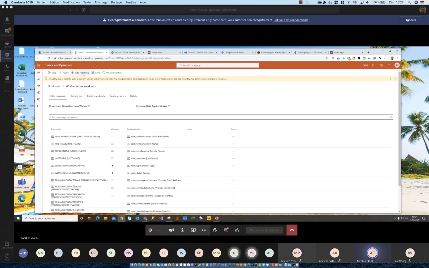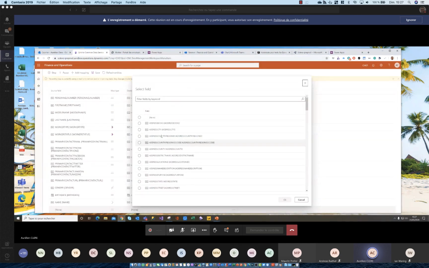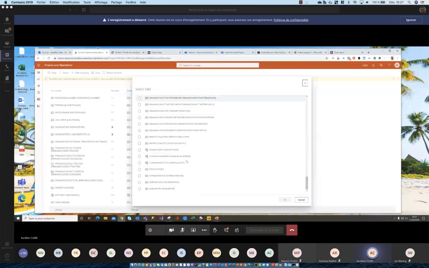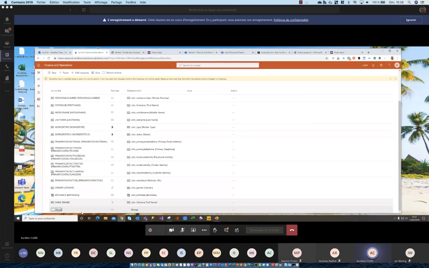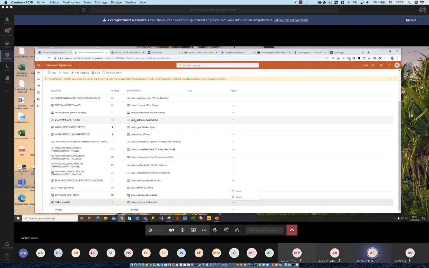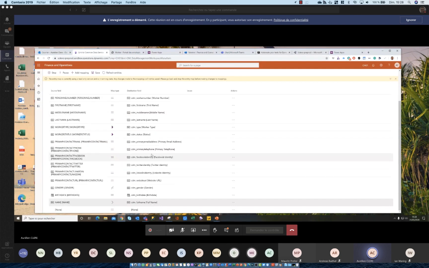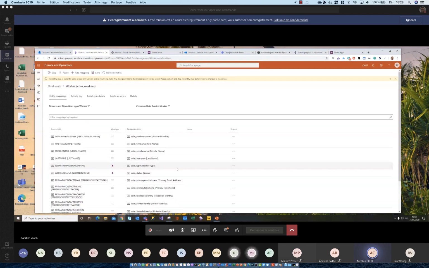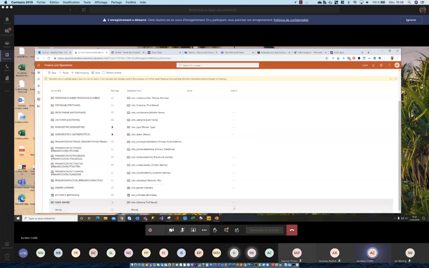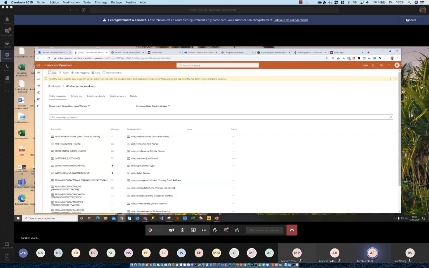As I said, you can add a mapping at the end, and you can add your own fields, your custom fields that are not in the standard mapping from Microsoft. You can delete, of course, if you don't want to sync a field, the entity mapping that Microsoft has done for you. You can delete every field you want and just add what you want. But they have done a lot of work.